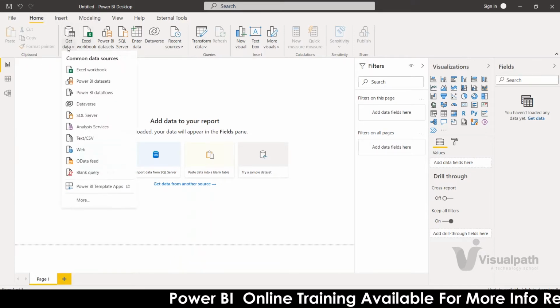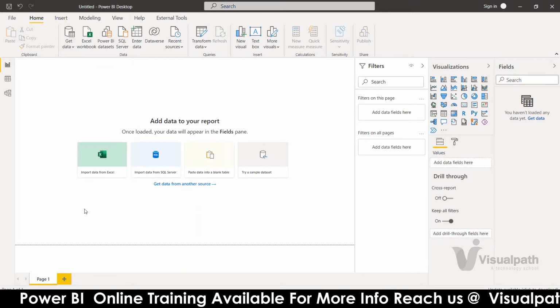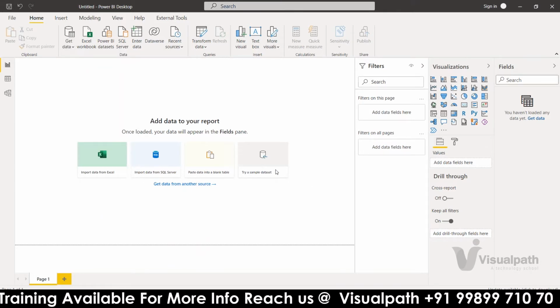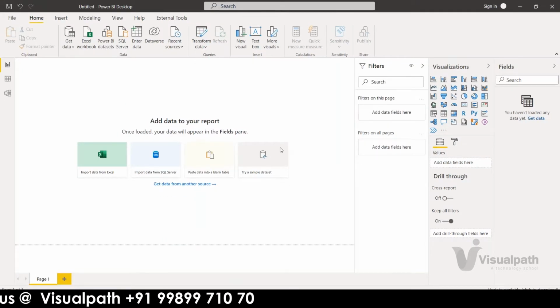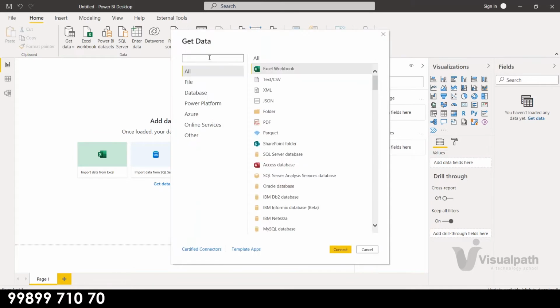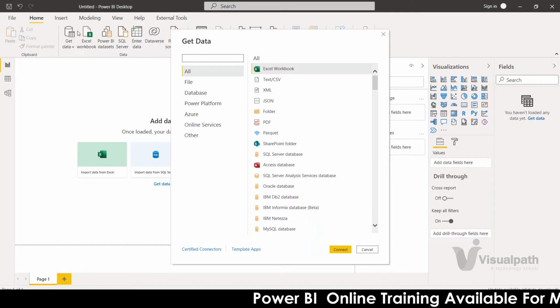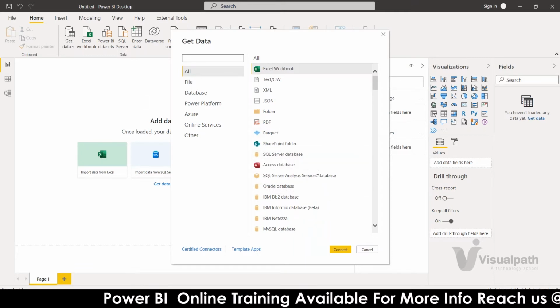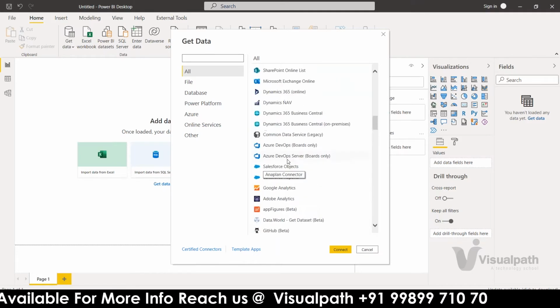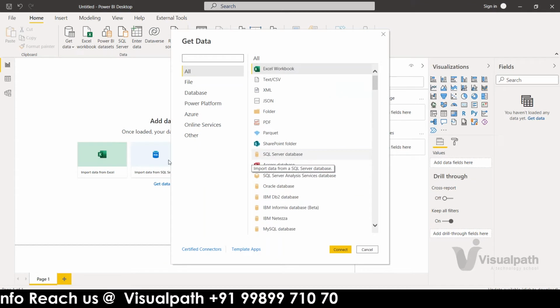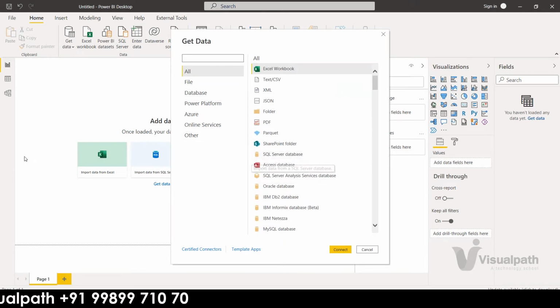Okay, I'll click on More. And now I'm connecting to SQL Server. I have a SQL Server database on my local machine. So I'm connecting to SQL Server. For that, I'll click on this, or you will choose whatever database you are connecting to, depending on your organization or your projects. They'll give you those details to which we have to connect. In my system, I have a SQL Server database, so I'm connecting to it.